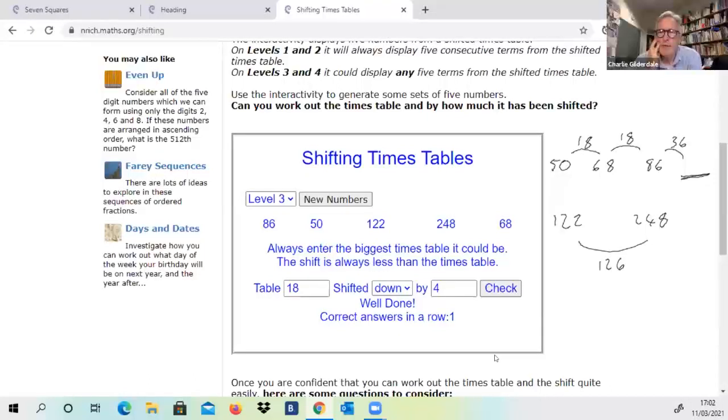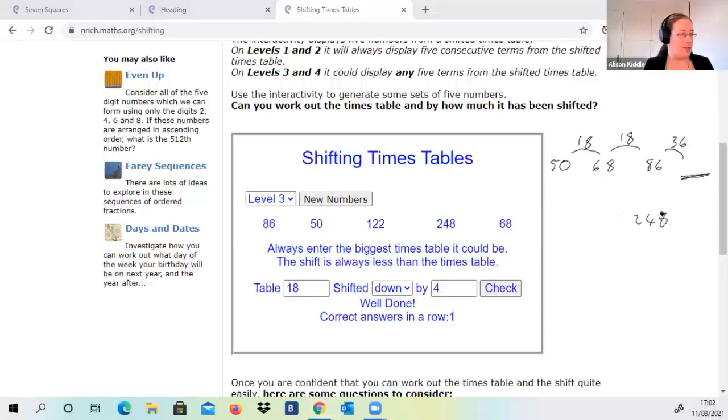Before you rub anything out, Alison, I don't want people to go away thinking that all you need to do is find the gap between the 2 closest ones. If, for example, the gap between 86 and the next number had not been 36, if it had been 27, for example. Okay, so if I rub out these 2 numbers and I imagine that instead I had the sequence